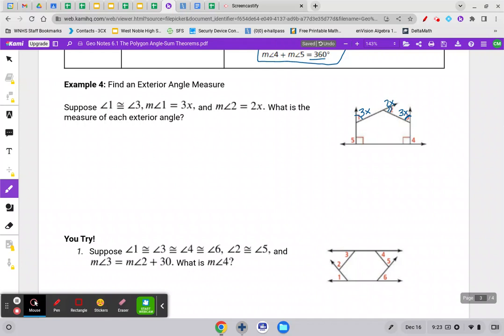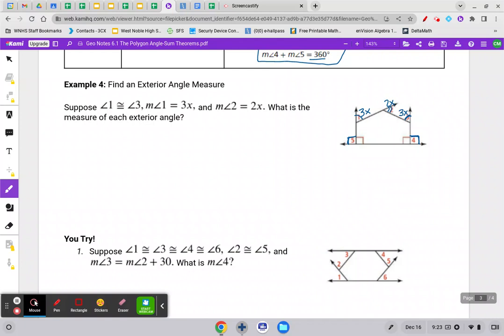And that's the measure of each exterior angle. Now, I know this exterior angle is 90, and this one is 90. Then we have 3x, 2x, and 3x. Make sure it's a 5-sided shape. There has to be 5 things that you add together. Include every single exterior angle. You can't leave one out or else your problem will be off. So, in this problem,